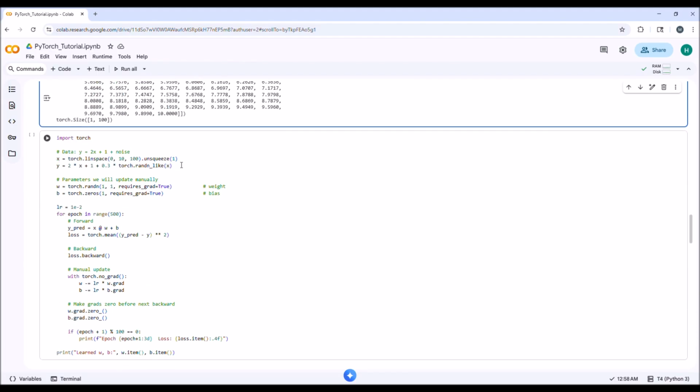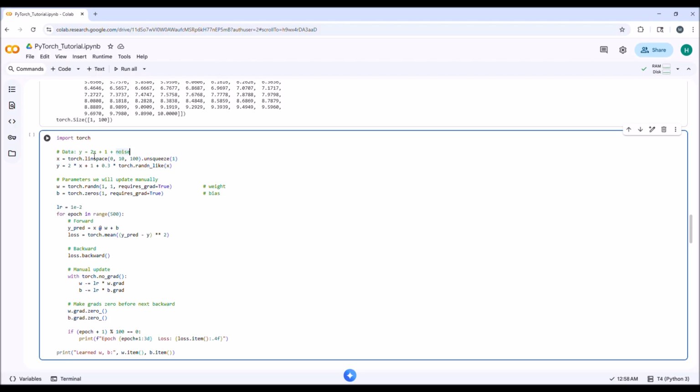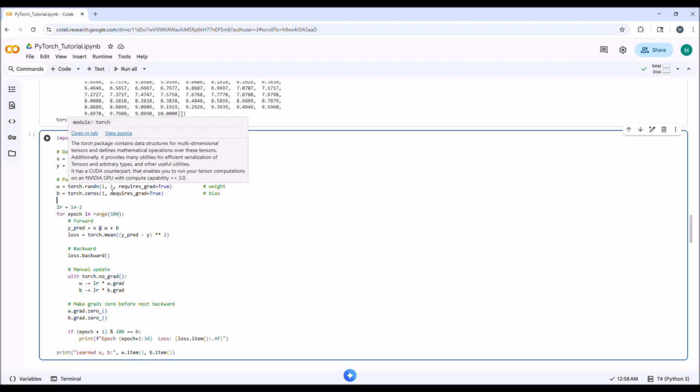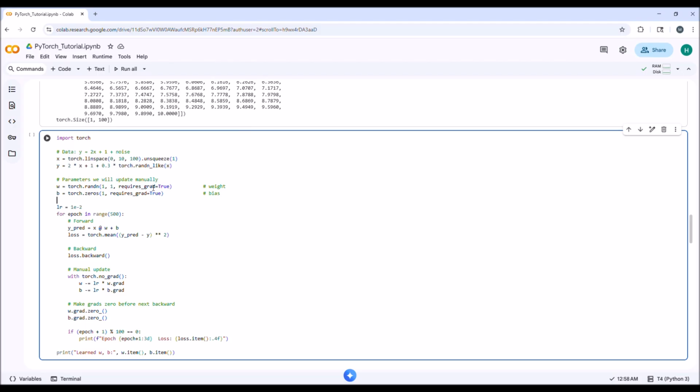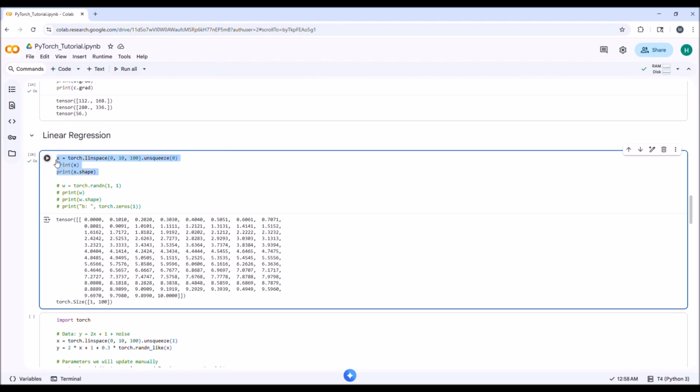Once we come up with this x, what we're gonna do is we are gonna come up with our y. So we are actually using this particular equation to come up with our y. So we'll have 2x plus 1, and then we'll add some Gaussian noise to it. Next, what we will do is we'll initialize our weight as a 1 cross 1 tensor, and we'll turn on the gradient tracking because weights have to be changed, and the same thing for bias, right? I initialize my bias with the value of 0, and just to give you a glimpse,